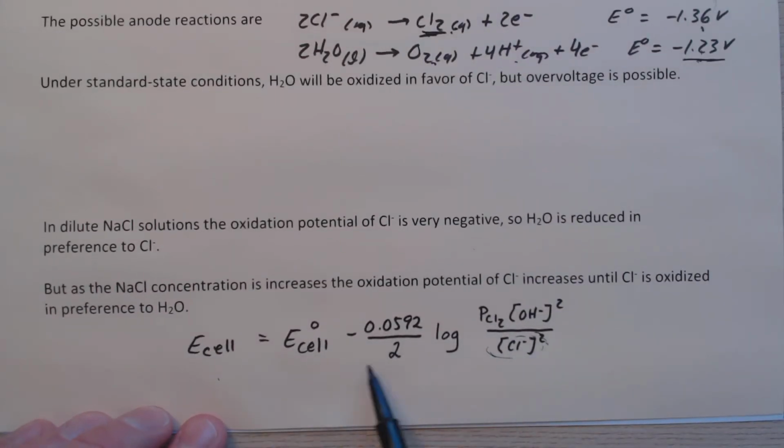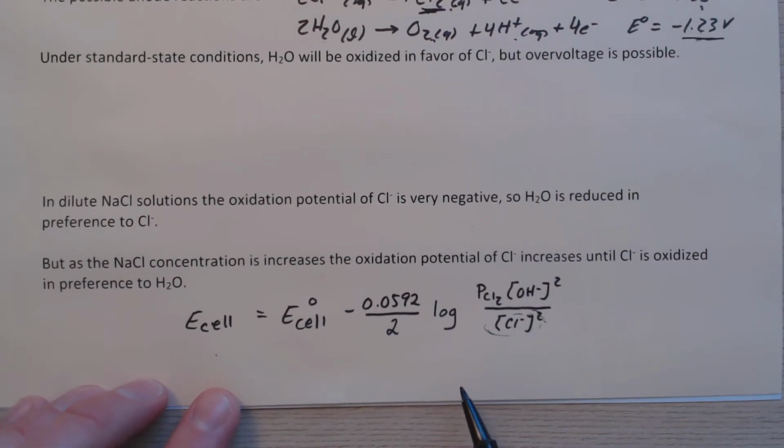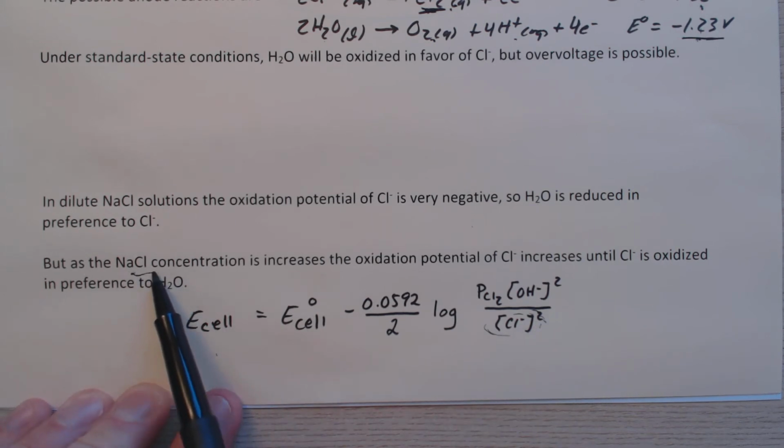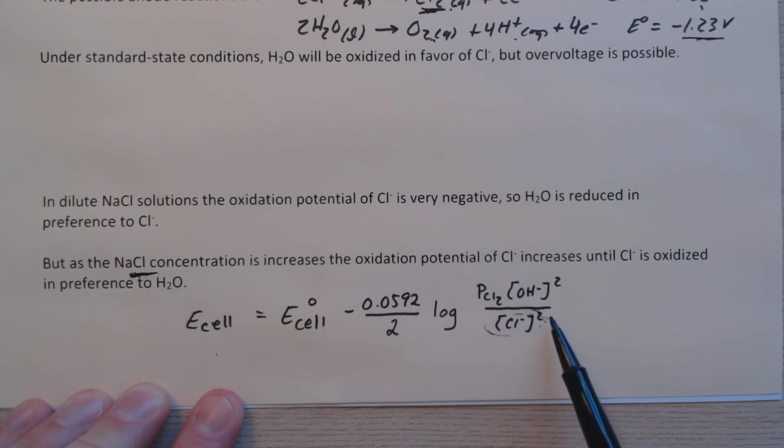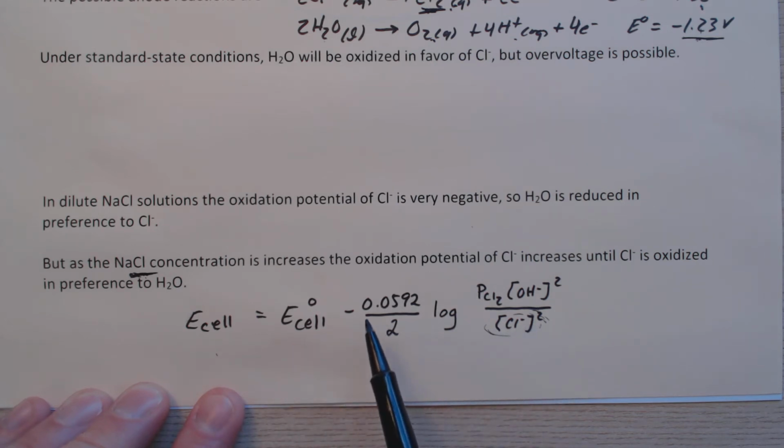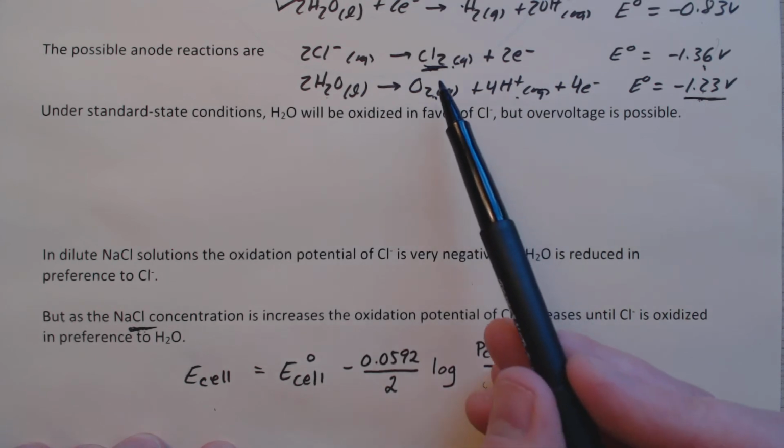But the important thing, you don't have to know the equation here. The important thing to note is that as the concentration of the sodium chloride goes up, this concentration goes up. So this term decreases, this whole thing decreases, and so it becomes more spontaneous. Because of that, we can make the chlorine gas